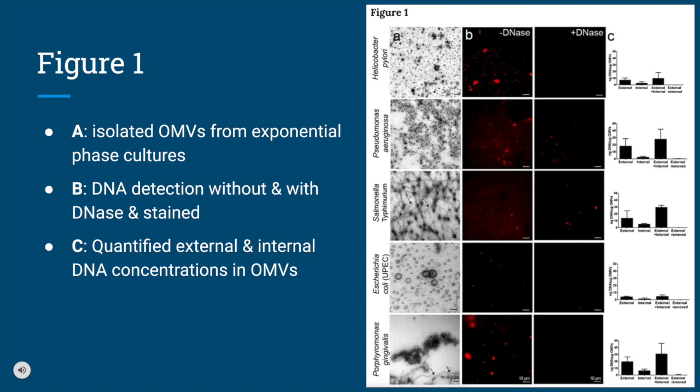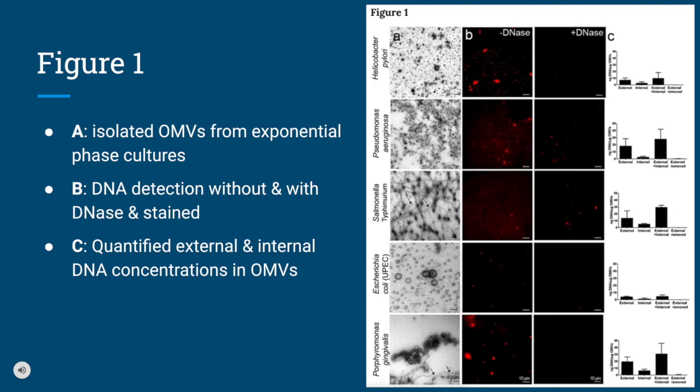of the bacterial images. And in B, there are 2 columns for this portion, which are both stained to show DNA. The first column of B is without the DNase treatment, and the second column of B is with the DNase treatment. The DNase treatment is used to remove the external DNA, leaving only the internal DNA left over. So the first column of B would include both internal and external DNA, whereas the second column of B would